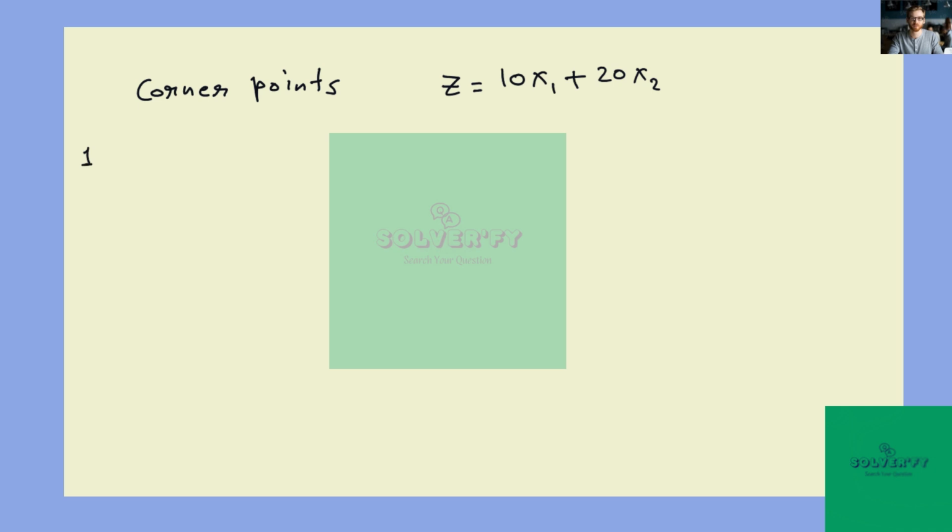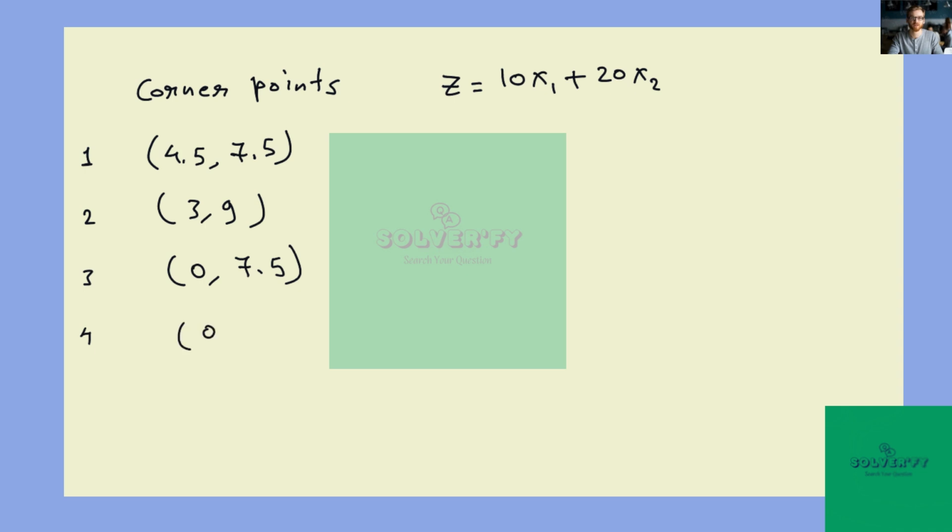The first corner point we have is 4.5, 7.5. The second corner point is 3, 9. The third corner point is 0, 7.5. The fourth corner point is 0, 0. And the fifth corner point is 9, 0. The corresponding objective values are